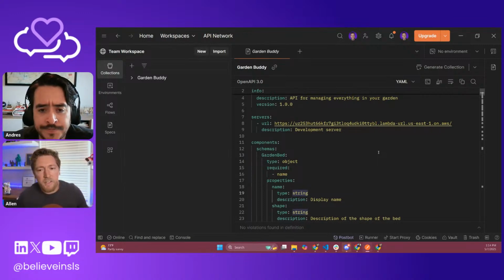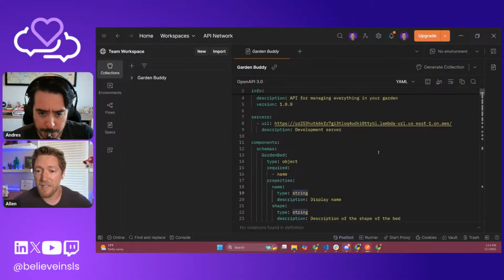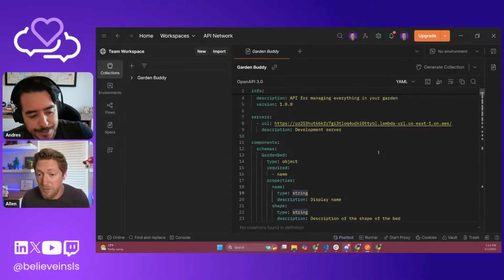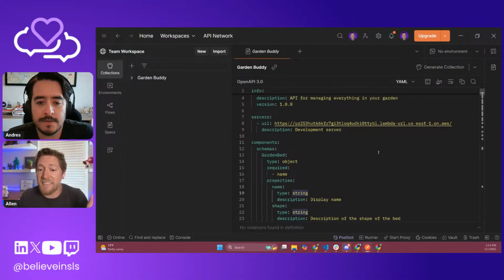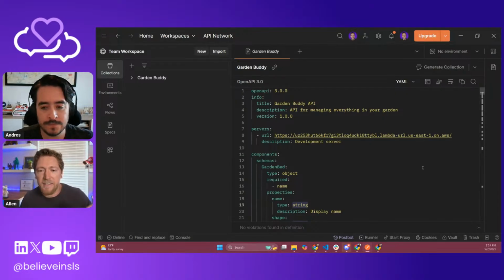So what we're going to do today is we're obviously going to be looking at this, and I'll talk about it as we're enhancing our API. The API enhancement that we're doing today is I want to see the catalog in our little Garden Buddy API. Because right now, whenever I'm chatting with OpenAI and I say, "Hey, what else should I plant in this garden bed?" It can see what I have planted in the garden bed, and then it recommends completely random things to me that are good companion plants, but I have to look up what they are, and I don't know anything.